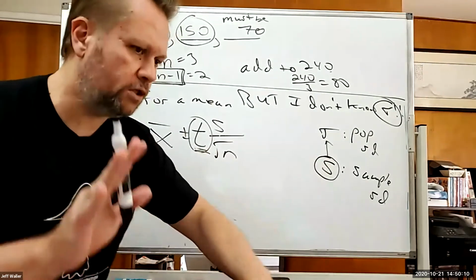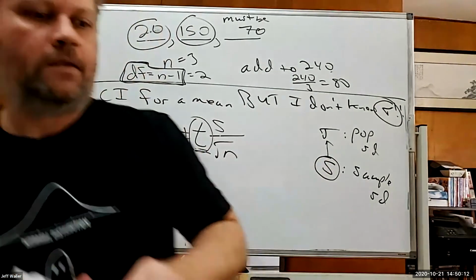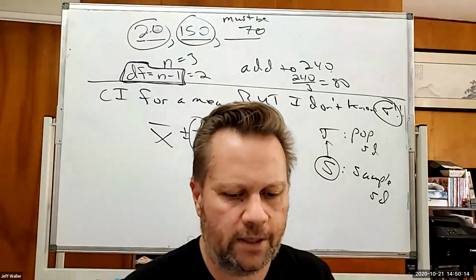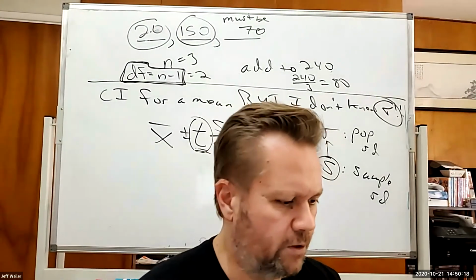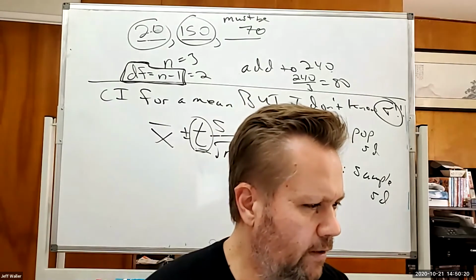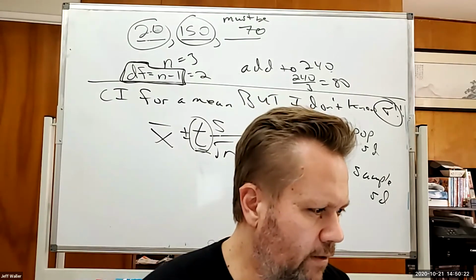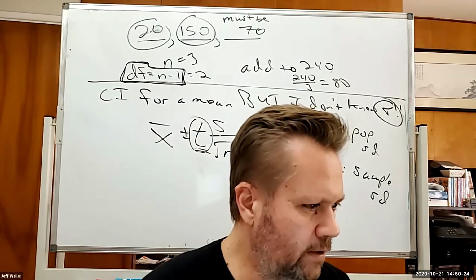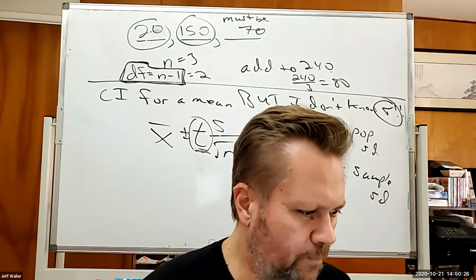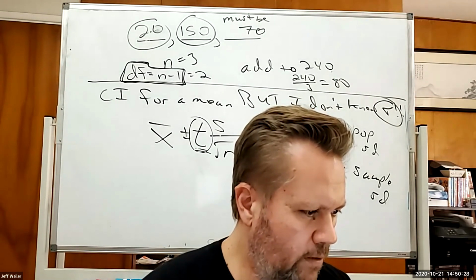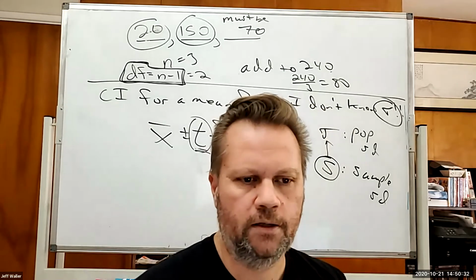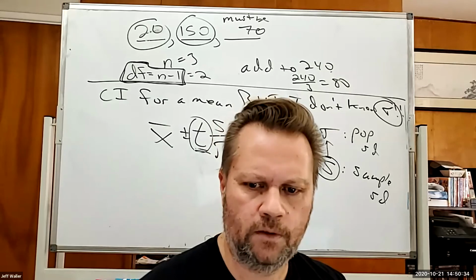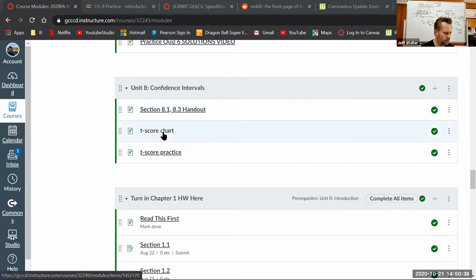So let's look at the chart. Oh my goodness, Jeff. Let's look at this t-score chart. I think did I put it up? I might not have because I'm a jackass. Let me see if I did. Yeah, I think I saw it up there. Oh, it is? Cool. Maybe I'm not as big of a jackass as I thought. Unit 8. Yes, cool. It's there. All right. Good job, Past Jeff. So here it is in Unit 8. There's the t-score chart.